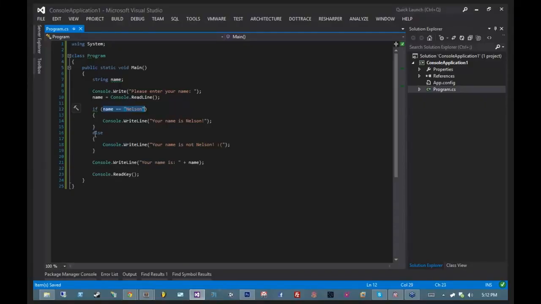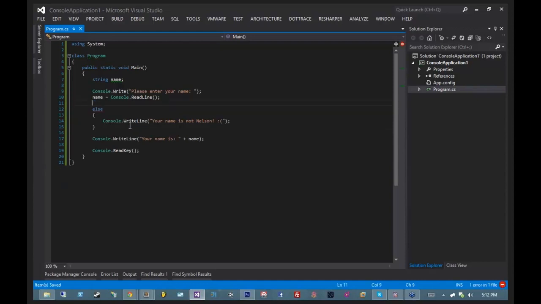The C# compiler knows that this else statement is coupled to this if statement because it immediately appears after that ending curly brace. If we did not have an if statement before the else, we would get a compile error, because the C# compiler will be like, well, what thing are we supposed to do if the thing above us is not true? So this will result in a compiler error. It makes no sense logically. It makes no sense to the C# compiler. It makes no sense to me. There's no reason to write it, so it's an error.